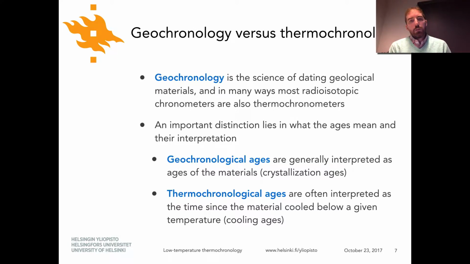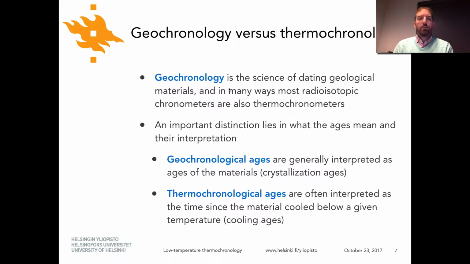So then, to talk about the main distinction we can make here between geochronology and thermochronology, it turns out this is not exactly a precise separation between two different things, but rather that in many cases you could think of geochronometers as essentially being thermochronometers. It just depends on what the daughter product is. If it's lead that's produced from the decay of uranium and thorium in a zircon crystal, the lead will diffuse, but it diffuses at such a low rate that essentially none of it's lost over geological time once you get below the temperatures at which the zircon crystals are growing. That's not sort of a hard and fast rule, but